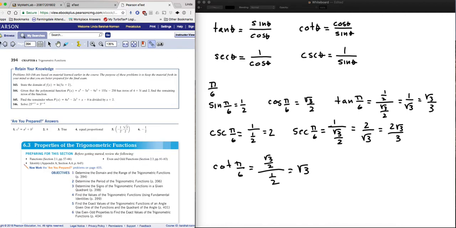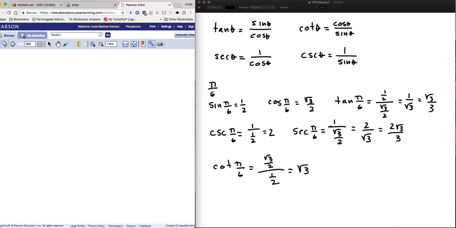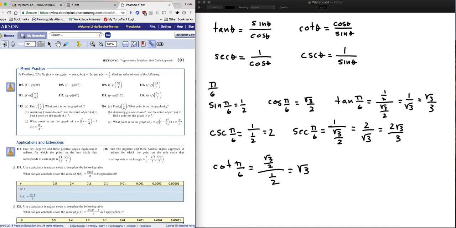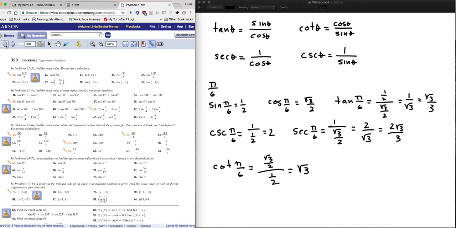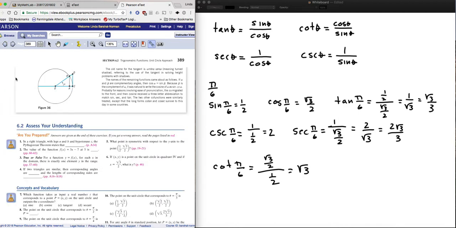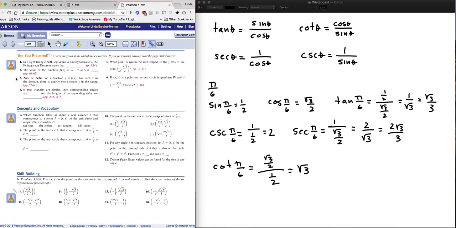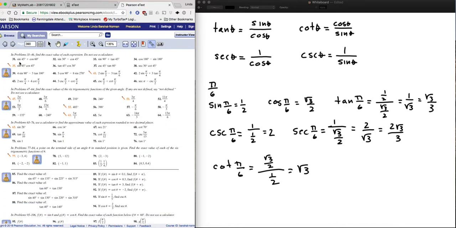And we're going to pass. Oh, you know what? I think I'm going to stop this video and put the rest of this on the next one. Give me just 1 second here. For this section, this is section 6.2. Take a look at the problems that are on page 389, numbers 13